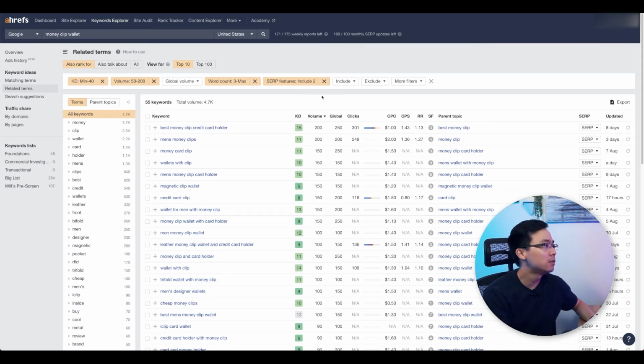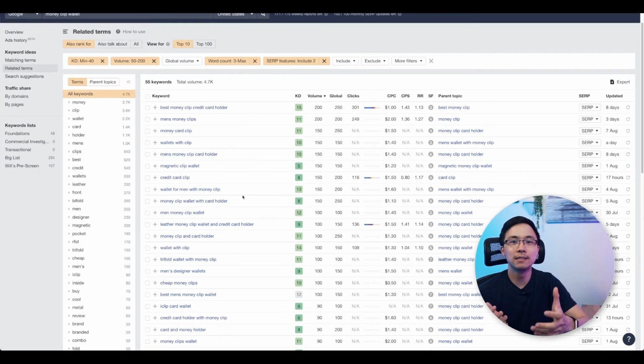And so when you are able to search for SERP features based off of people also ask as well as featured snippets, you'll see that there are people actually searching for things like what is the best Money Clip credit card holder and so on. So these are the long tail phrases that are gonna have a ton of intent. And so if you were to just rank in the top spots for these, you're gonna find that a lot of the people have high intent as well. In other words, they have a high inclination to buy something when they search for this. So these are the sorts of things that I'm working through as I work through the related terms section.